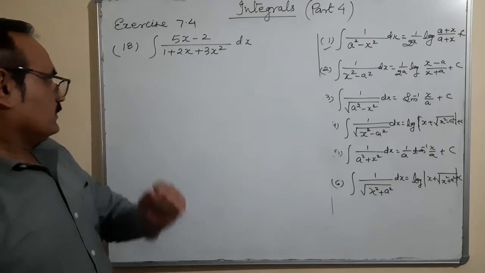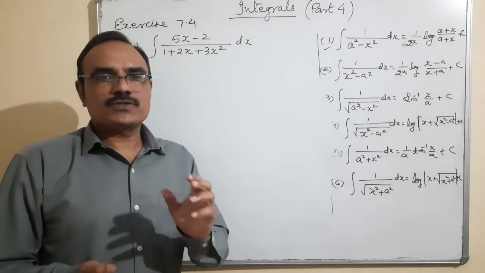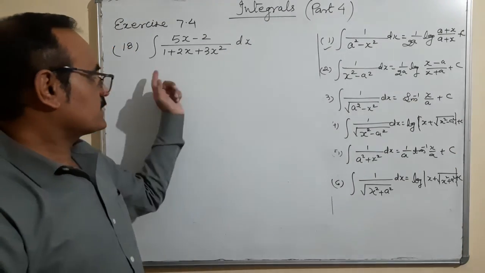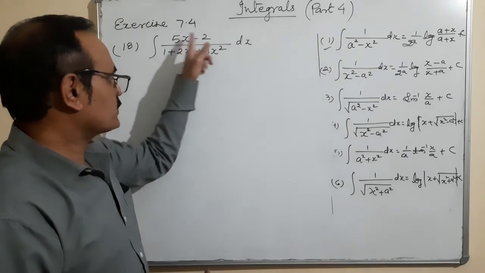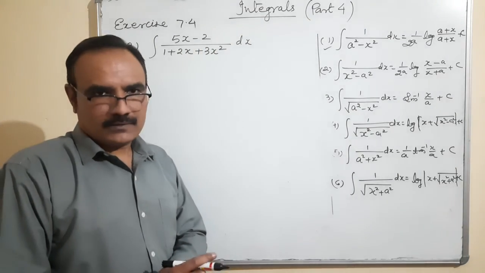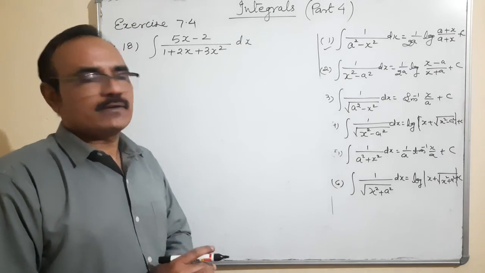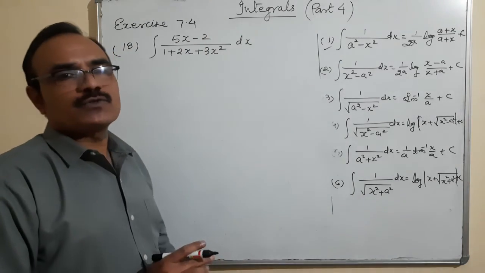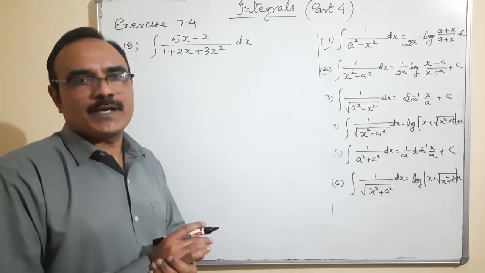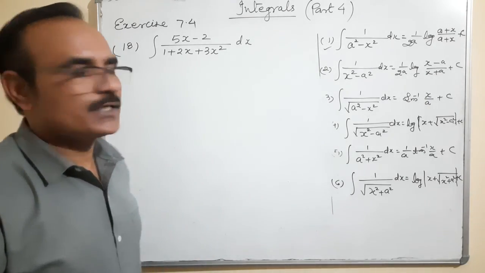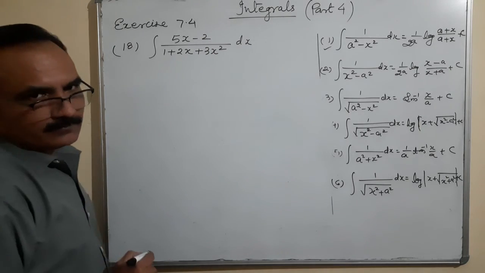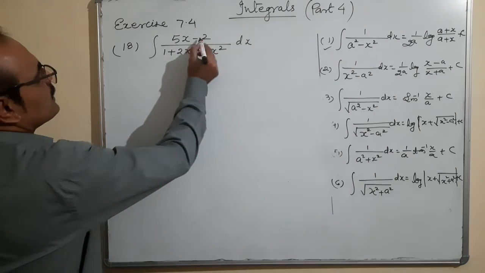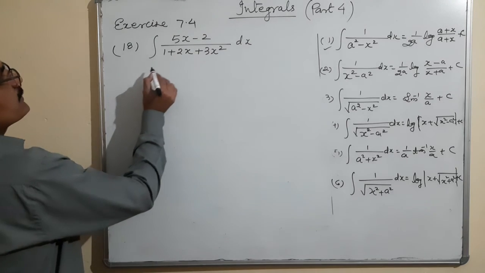What is your thinking procedure? First of all, we would take the denominator as t. It is coming 6x plus 2, but 6x plus 2 is not here in the numerator. For those types of questions, what should be done? If you want to remove 5x minus 2 from the numerator, we will consider one thing: 5x minus 2 can be created like that.